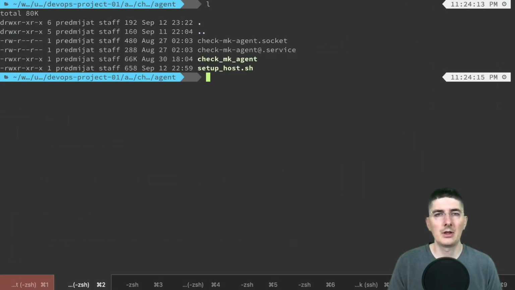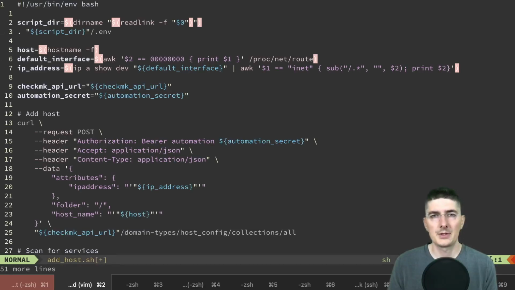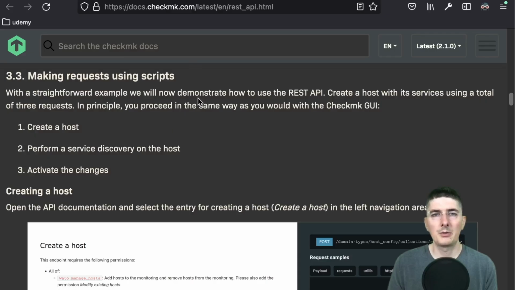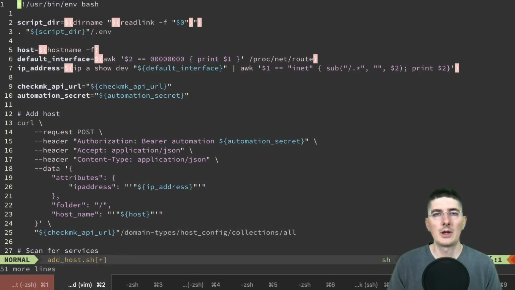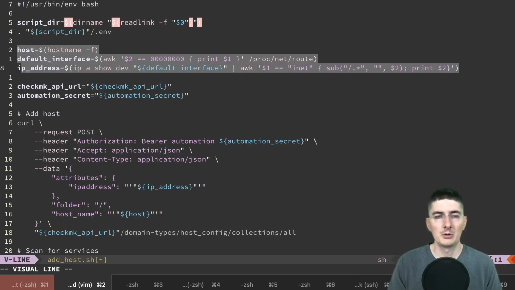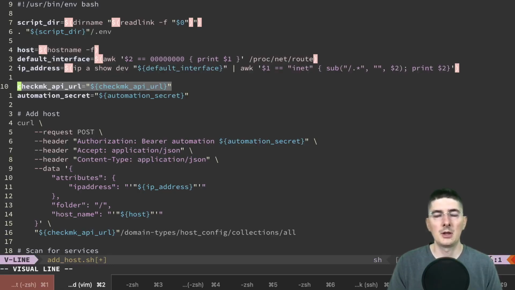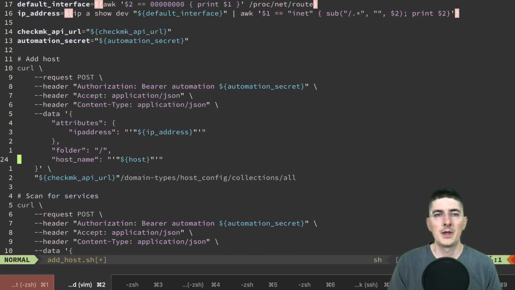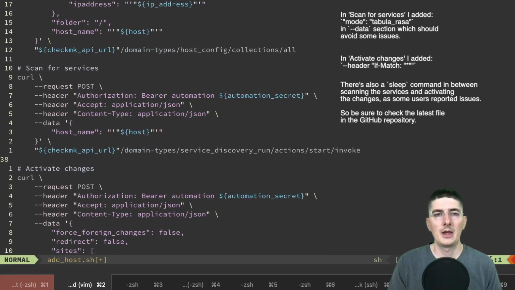Back in terminal, I'll create a new script inside agent directory called addhost.sh. First, a note that I didn't write this script from scratch. I've modified the existing script from checkmk's REST API documentation page. We will run this script on the host we wish to monitor. You can read it in detail, but the gist is that I'm gathering some information about the host. I'm setting the checkmk API URL and automation secret, and then I'm adding the host, scanning for services, and activating